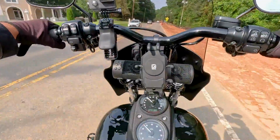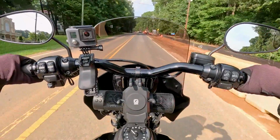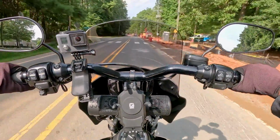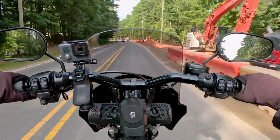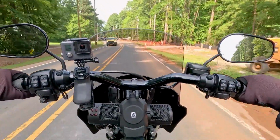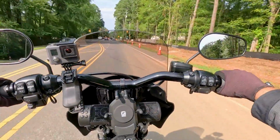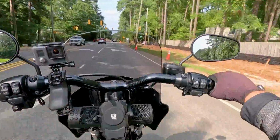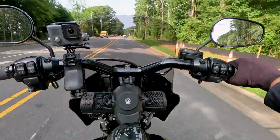But there's been kind of a desire for that same level of upgrades for the Softails, especially with the bigger push towards performance Softails, and we've seen them with the Low Rider STs and that sort of thing. So now